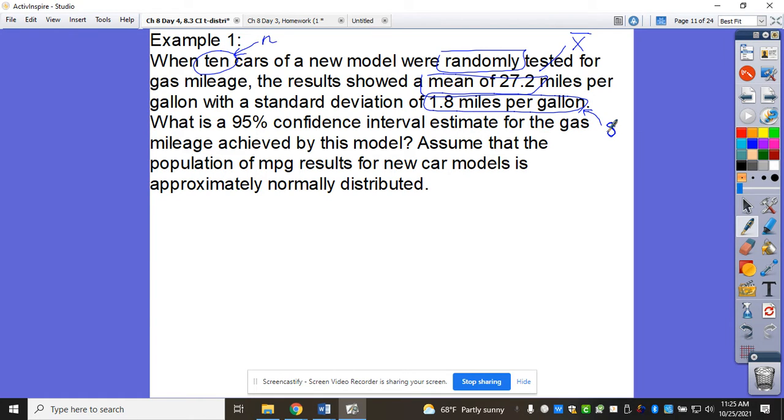This is my sample, my mean and standard deviation that go with that sample, and that's why I know this is X bar and S and not mu and sigma. So what is a 95% confidence interval for the gas mileage achieved by this model? Assume that the population